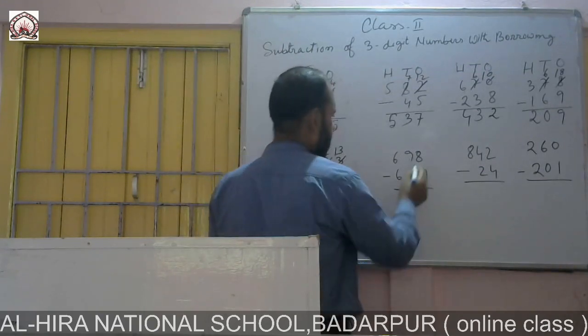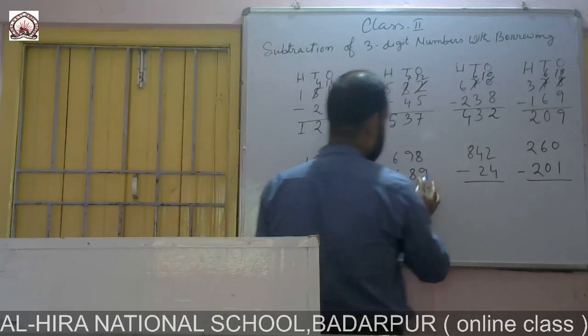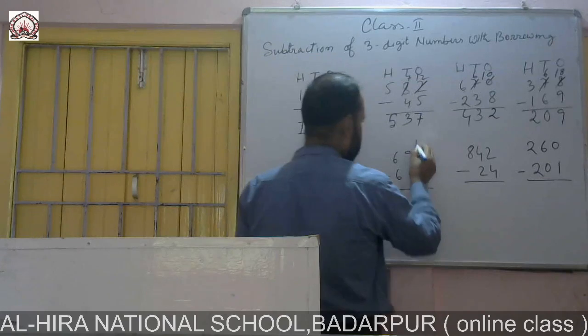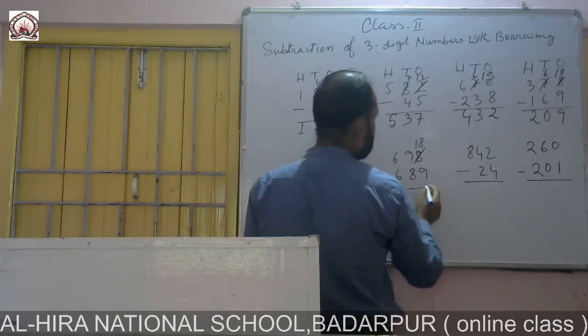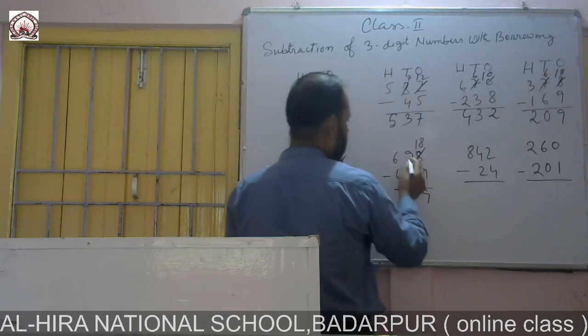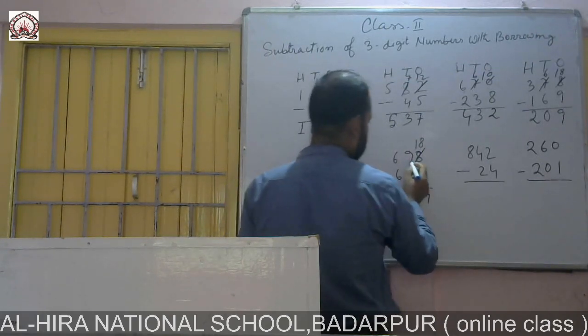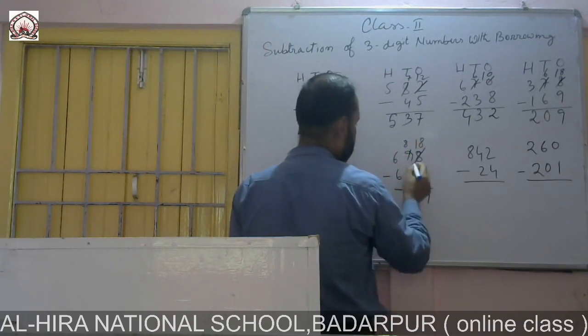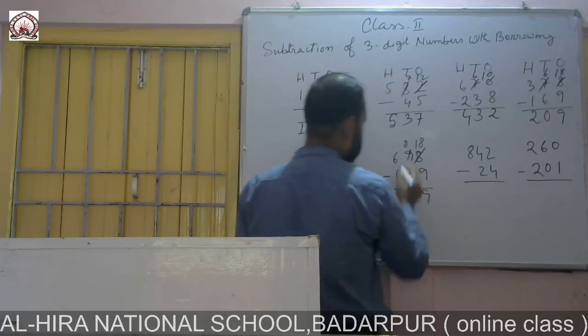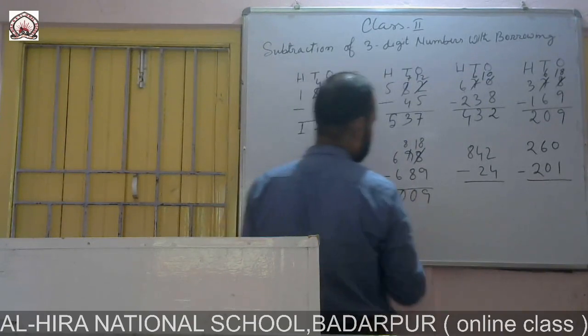Next, here 8 minus 9 cannot, then borrow 1, then there is 18. 18 minus 9 is equal to 9. There remains 8. 8 minus 8 is 0. 6 minus 6 is 0. Next,